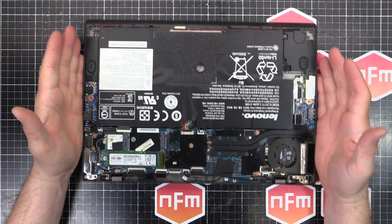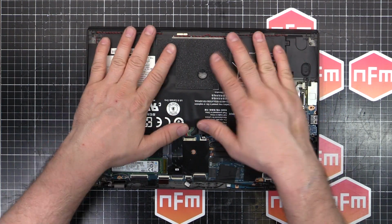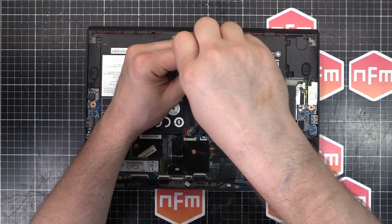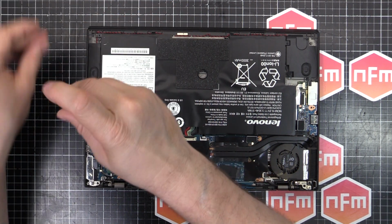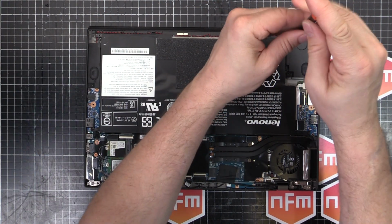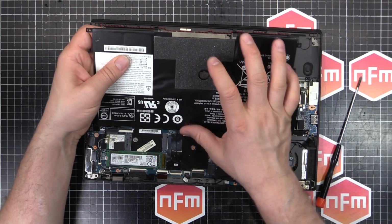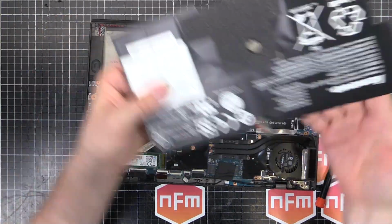And there we go, there's our interior. So we've got a nice big battery pack here. Looks like it's a bunch of smaller batteries just kind of in a frame or something. So that one has to come out first. So we've got 1, 2, 3, 4 and 5 screws. The center screw is smaller, so don't get that mixed up. It's a little bit shorter than the other 4 screws for the battery. So let's take all these ones out. And the last one over here, and this should just lift out, and then we've got the connector in the middle there, and there's our battery pack. So put that out the way,